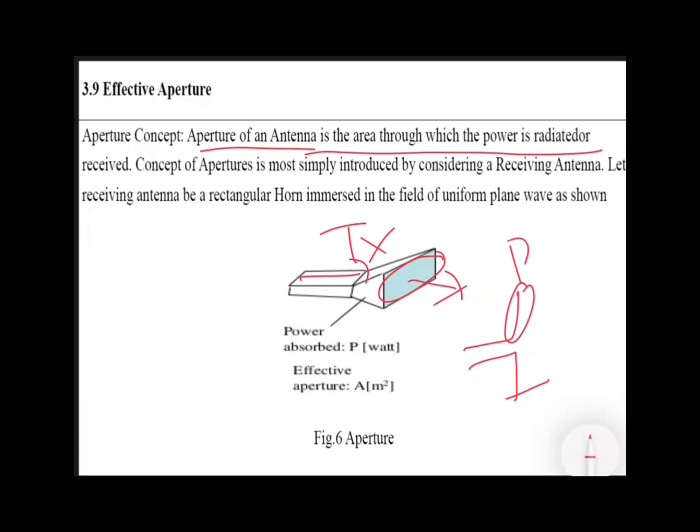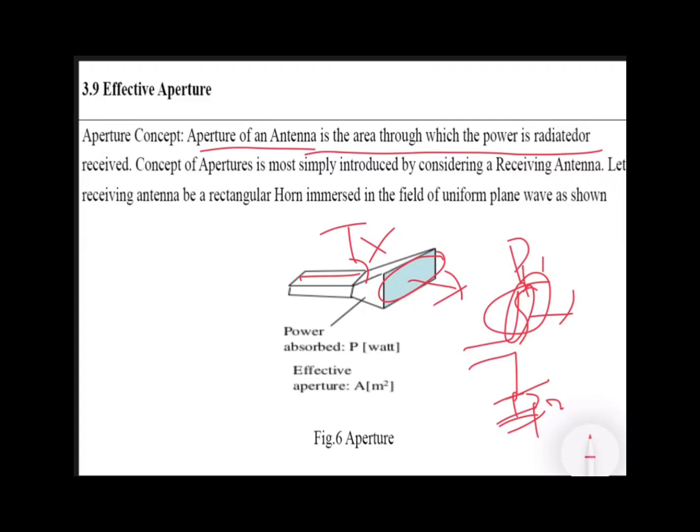Normally the pole 2 will be grounded. So whenever the pole number 2 is grounded, normally the radiation of the signal takes place only in pole 1. So that's why the maximum radiation, the aperture value, is less for a short dipole antenna. That's the reason why we normally choose the horn antenna or parabolic dish antenna to get maximum gain and to